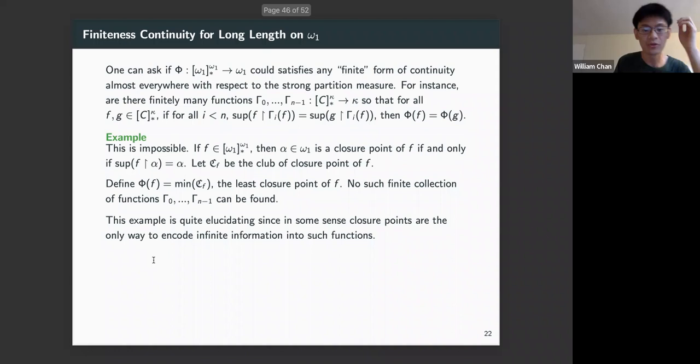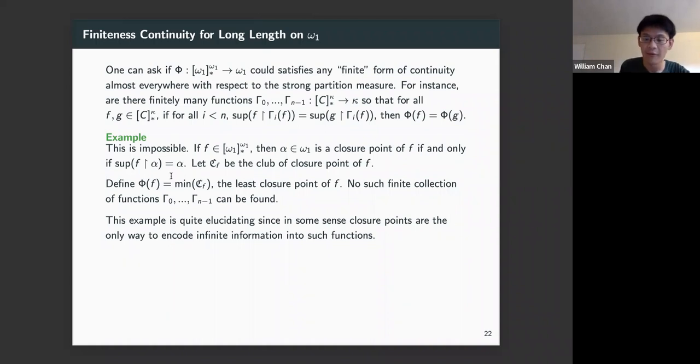Define phi of f to be the minimal closure point of f. You can check that this function will never have a finite collection of functions lambda 0 to lambda n-1